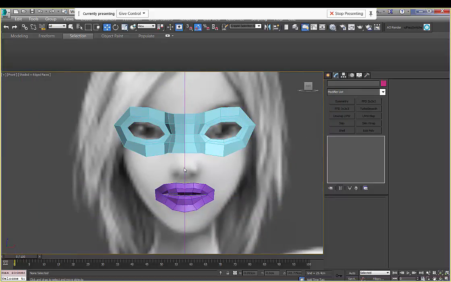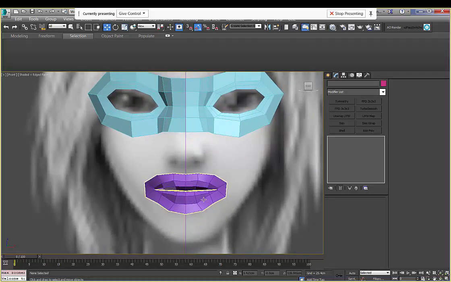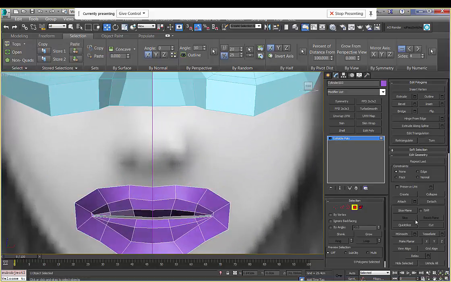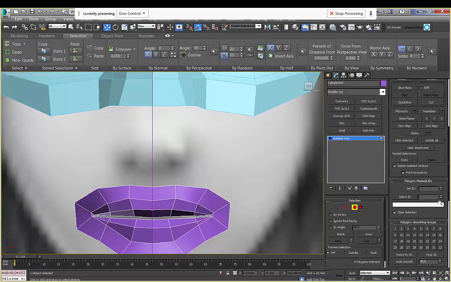See, I never use Turbo Smooth. I try to avoid Turbo Smooth wherever I can. The reasoning for that is that your model will not have Turbo Smooth, especially when you're doing stuff for games. You will never use Turbo Smooth. And if your model relies on Turbo Smooth to look good, then what good is it? So I never ever model with Turbo Smooth on. And also I actually remove